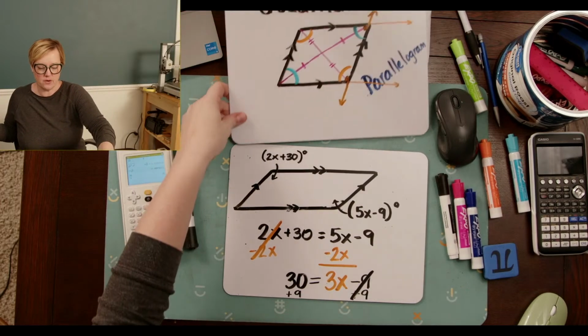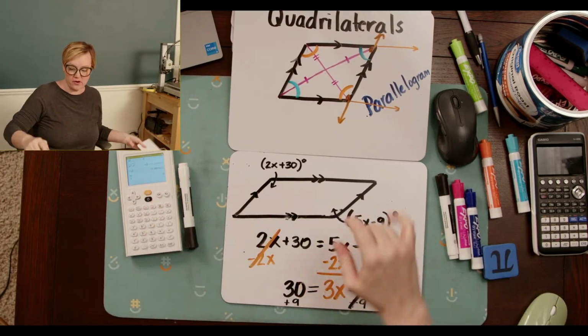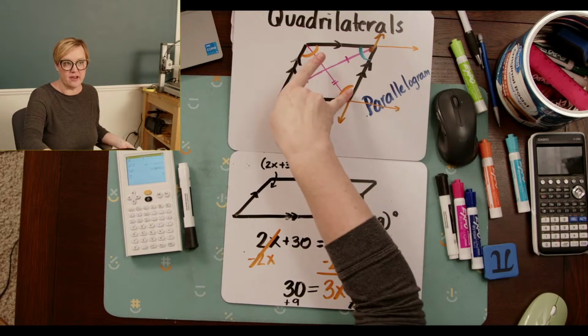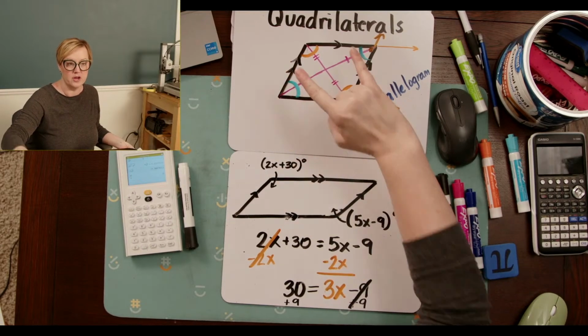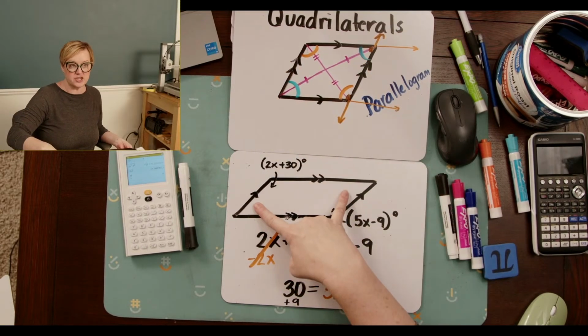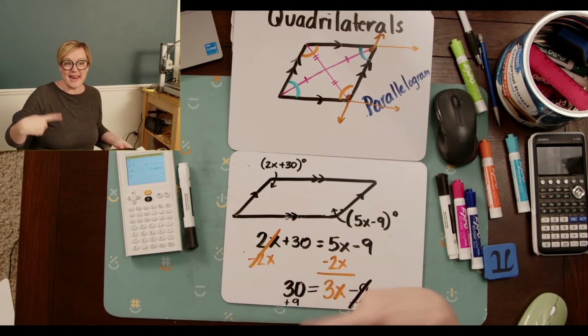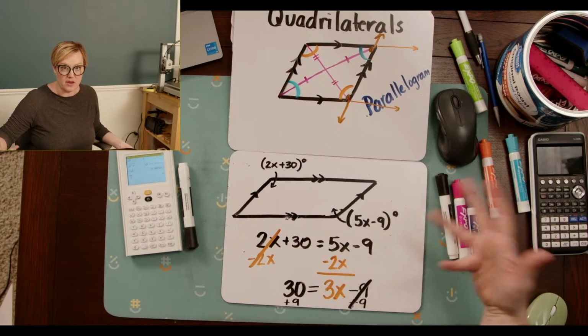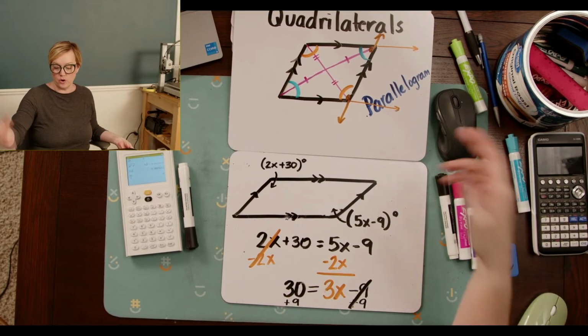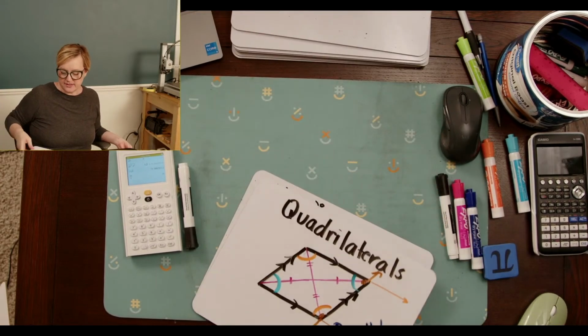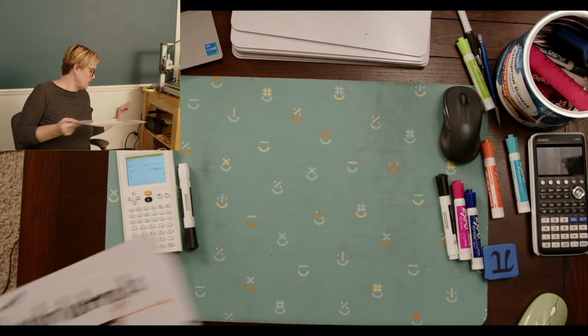Okay, so again, we know that if it's a parallelogram, then the opposite angles are always going to be congruent. So if I show that these two angles are congruent, then it is a parallelogram, right? Those things are always true. They work both ways. All right, so speaking of Pythagorean theorem,